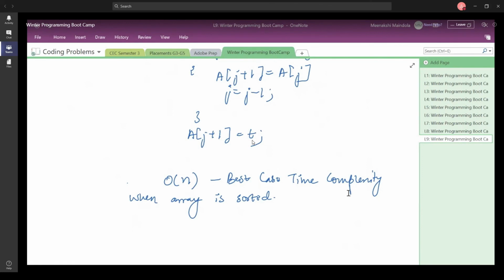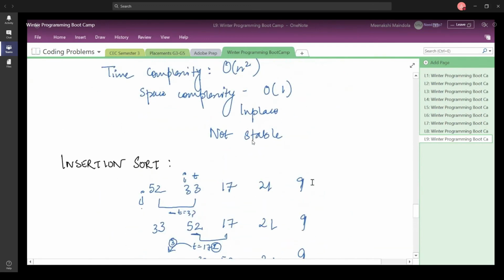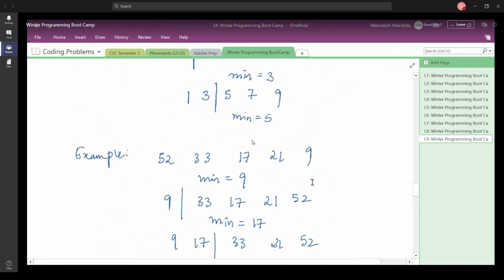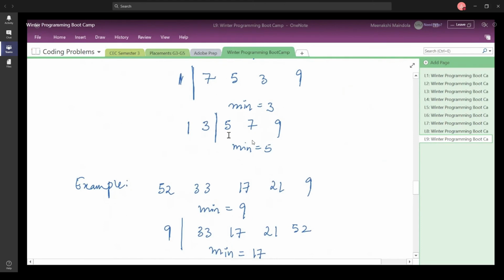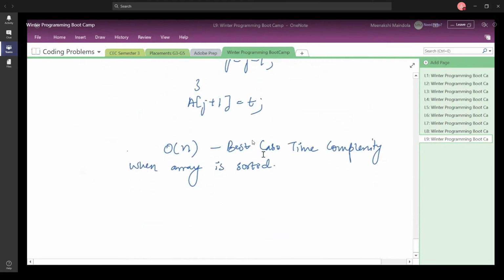So you want to look into stable and unstable sorting algorithms. So simply, what is stability? If we talk about stability, it is something which is going to keep the order of my values. If I have two same values in my input, they are going to occur in the same order.